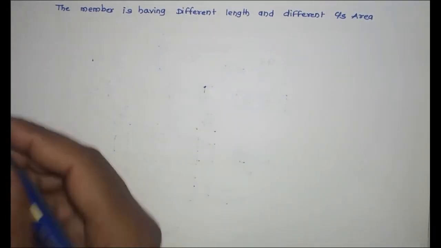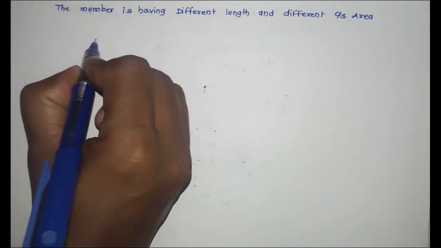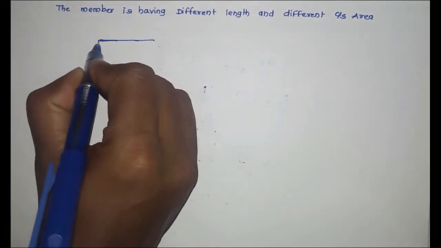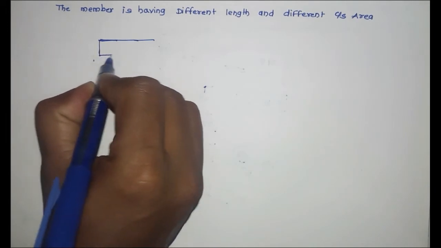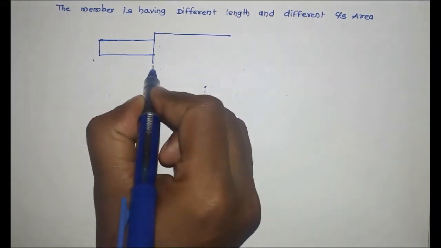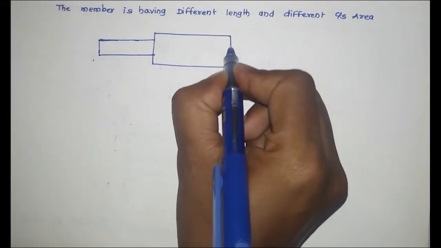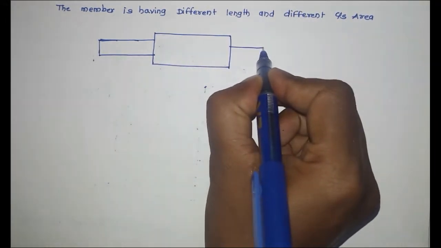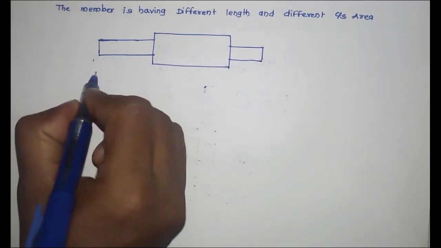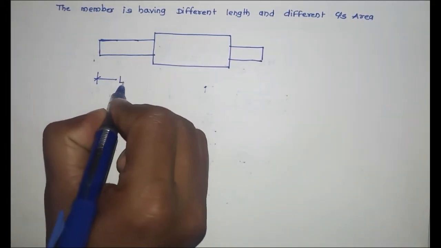Now with respect to this, we will try to draw a diagram which will show the different lengths and different areas. So what we are doing is we are assuming that the initial part is